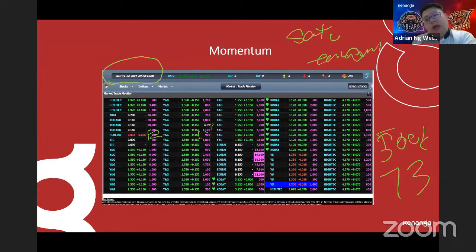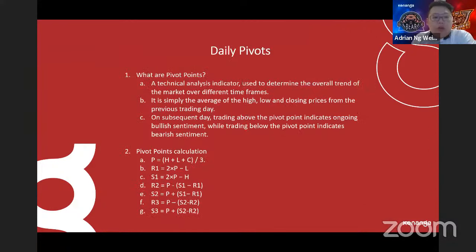So the next slide I'm going into is daily pivots. What are pivot points? It is a technical indicator written by, I don't know which Guilo. It averages the high, low, close, dividing by three, and then you get a pivot point here. You can snap the formula, or you can Google it. I mean, the wonder of the world is called Google.com nowadays. I don't know what happened to Netscape or Mozilla Firefox. All right. Then how do you calculate your resistance level? R1 is 2 times your pivot minus your low, while your